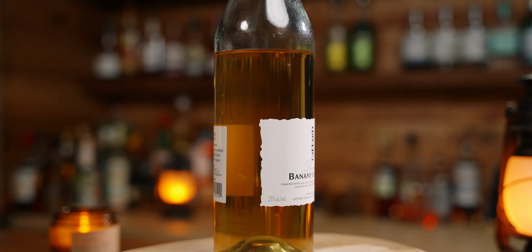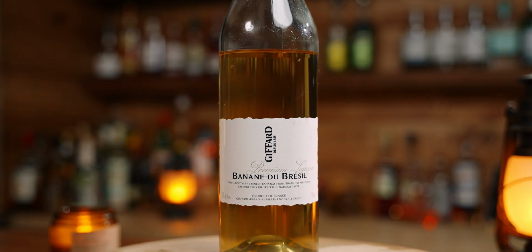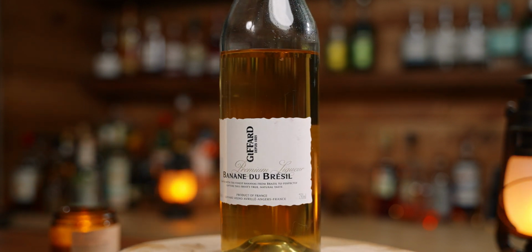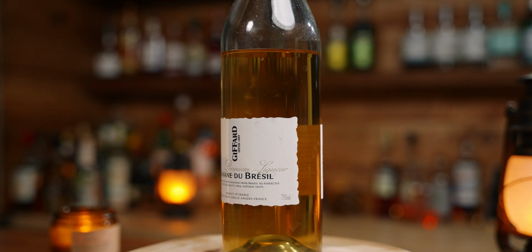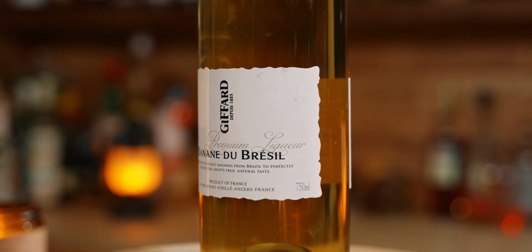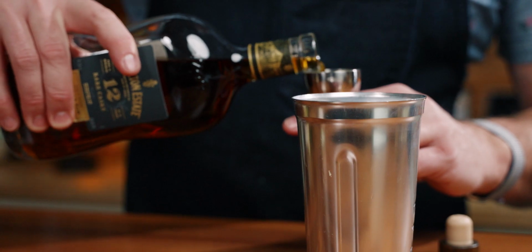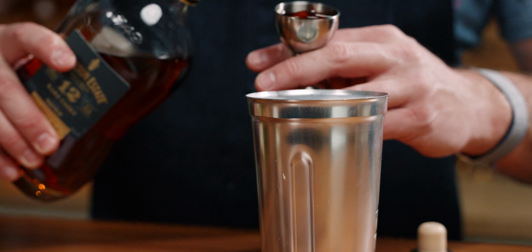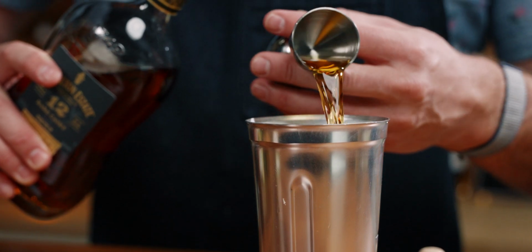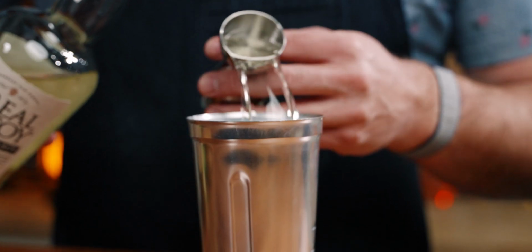I don't know what it is, but this stuff is one of my favorite finds, my favorite liqueurs. It has this intense banana flavor, which I don't even love bananas. It's sweet, it's 25% ABV, and it is delicious. And we'll be using it much more later on. And for this one, I want to keep it balanced and use the same rum. So I'm going to use 1 ounce of Appleton 12, 1 ounce of our Real McCoy 3,